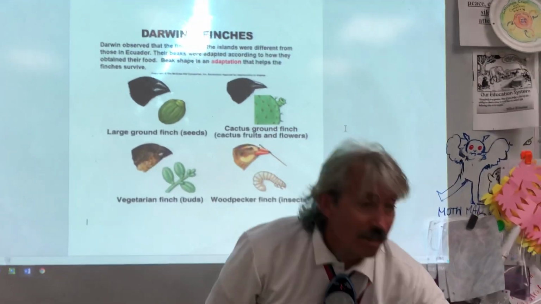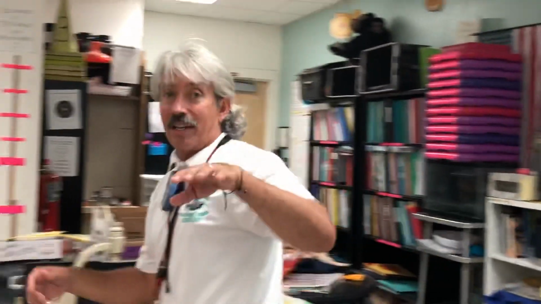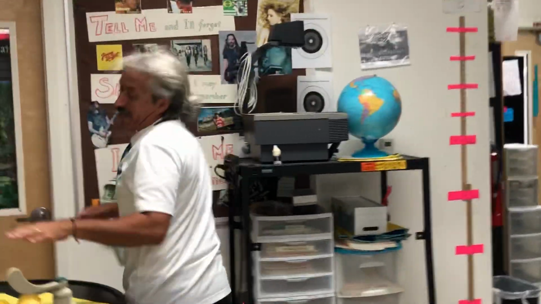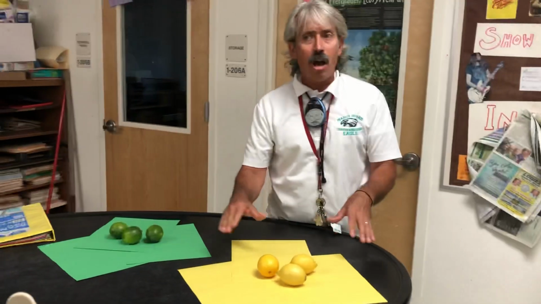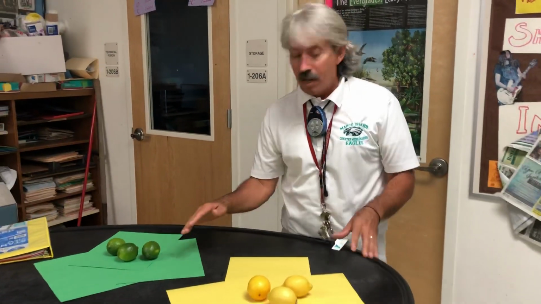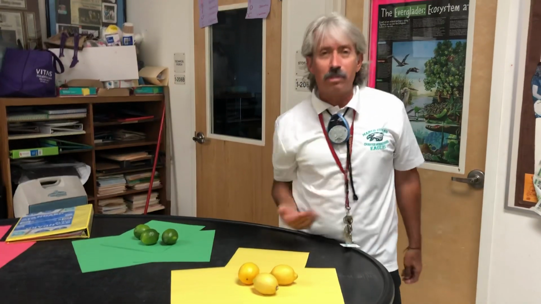So we're going to take a little trip through the classroom here, and we're going to try to explain the adaptation of camouflage. So I've got some yellow creatures, and I've got some green creatures, and when they're in their environment, the yellow creatures are perfectly camouflaged. But let's suppose along comes a bulldozer,